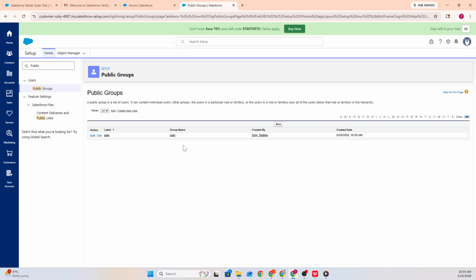After everything finishes loading, the user will appear in the public group member list inside Salesforce, and the setup process